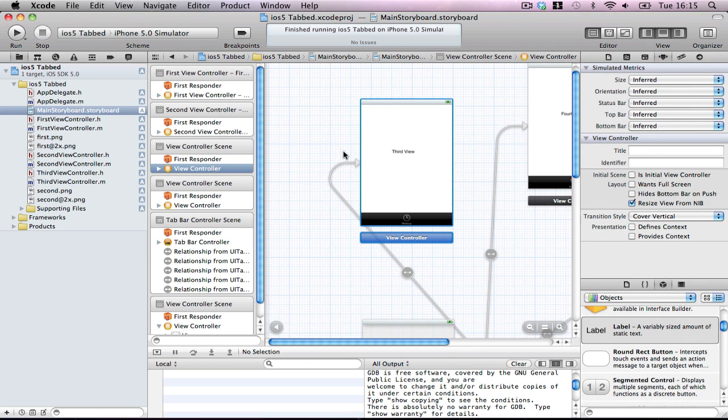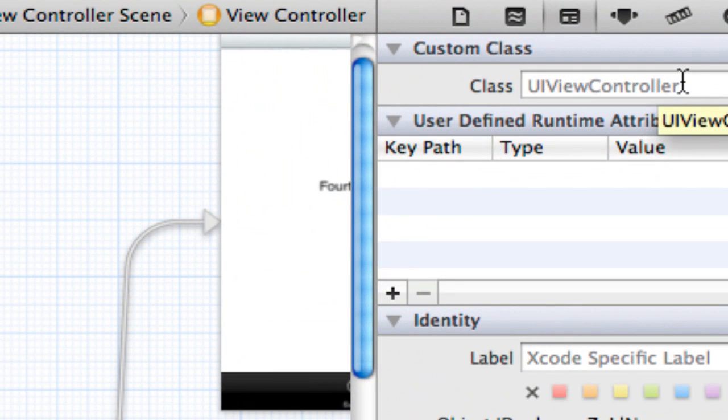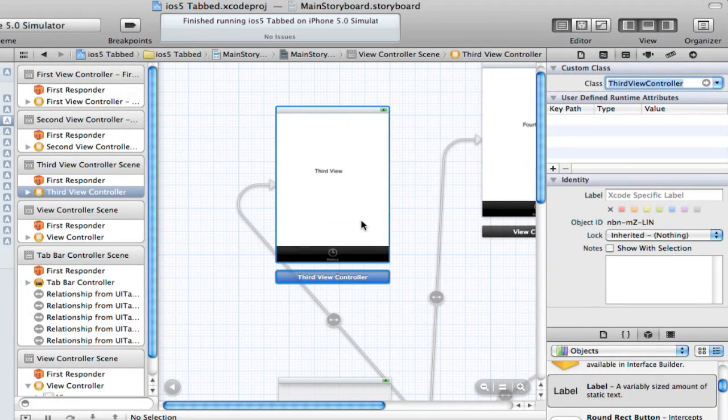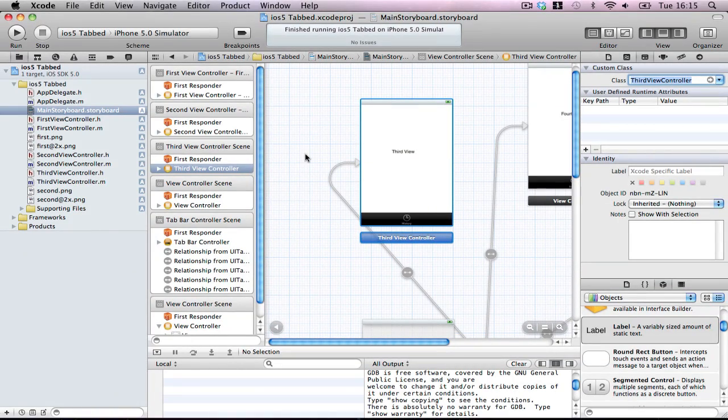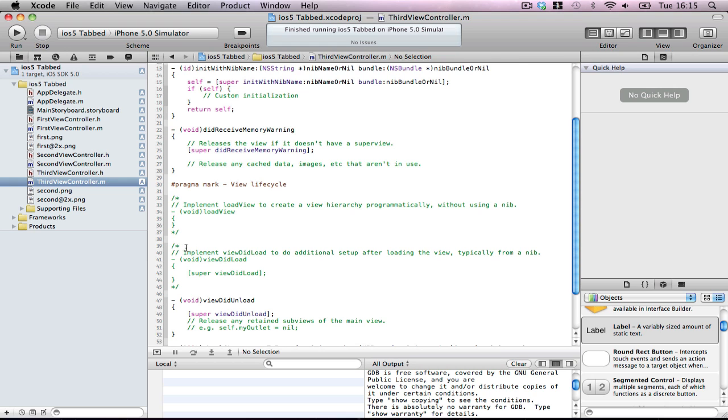Open up the dependencies, and where it says class UI view controller, type in third view controller. So that means this is now loading from the third view controller. And hey, can we just prove this isn't what we want? Okay, so in third view controller, uncomment view did load,